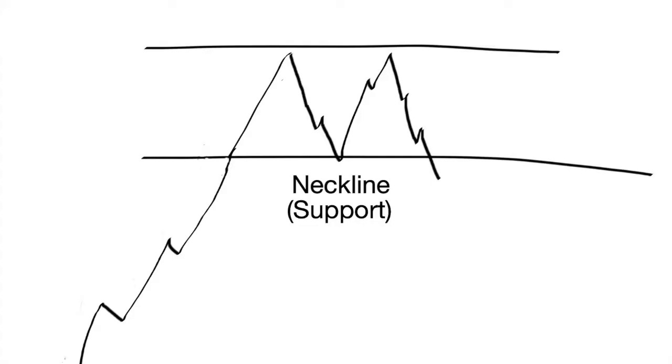So let's start with a double top pattern. Basically, the double top pattern is a reversal chart pattern that shows the potential for a price reversal of a stock, as it will be going from a bullish to bearish sentiment. So in order for a double top to form, there first needs to have been an upward trend of the stock. As the stock continues its uptrend, it will start to form the first top of the double top, as